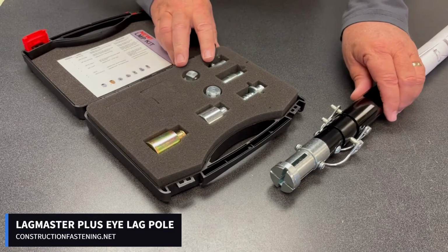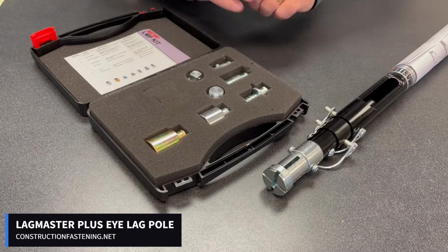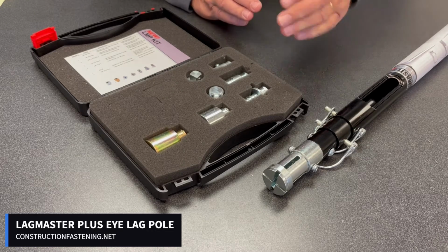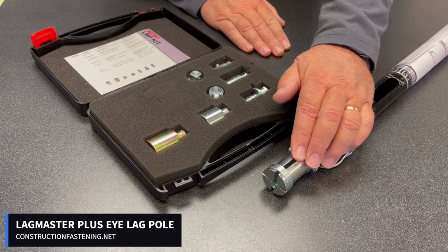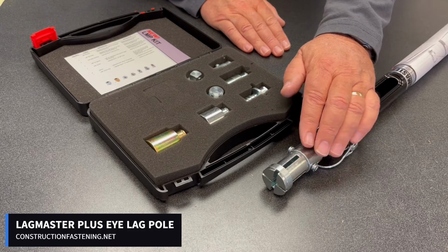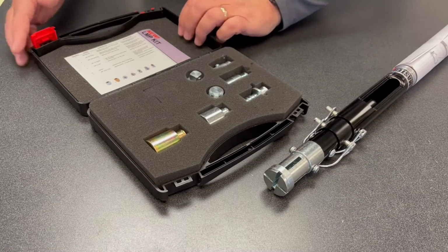I wanted to show you a brief video on the Lagmaster Plus tool, the working end in particular, to show you why this is our best-selling eye-lag pole. I'm certain you're familiar with an eye-lag pole for putting eye-lags into metal roof deck or to wood. So the Lagmaster Plus comes with that head installed, but what makes this nice is you get this nice little